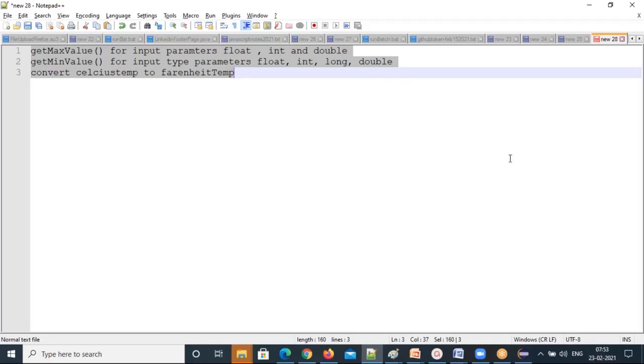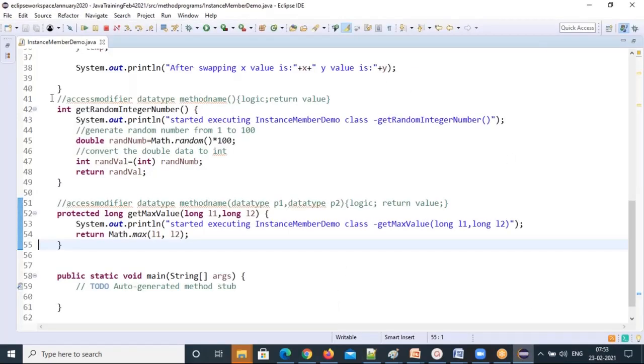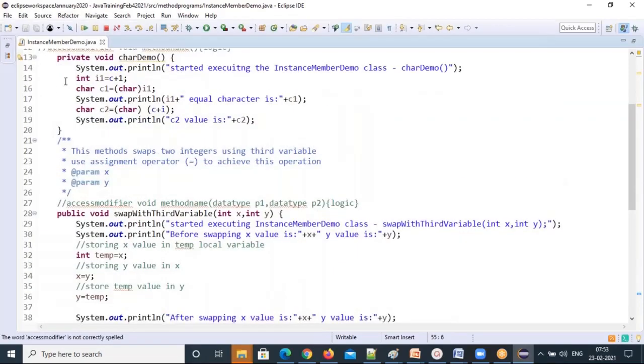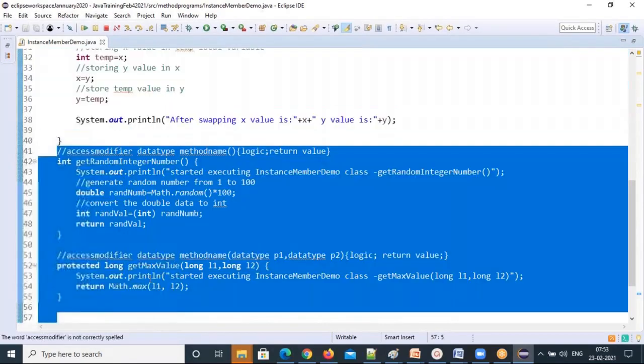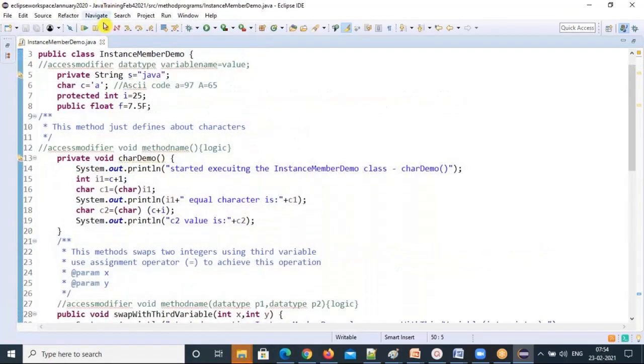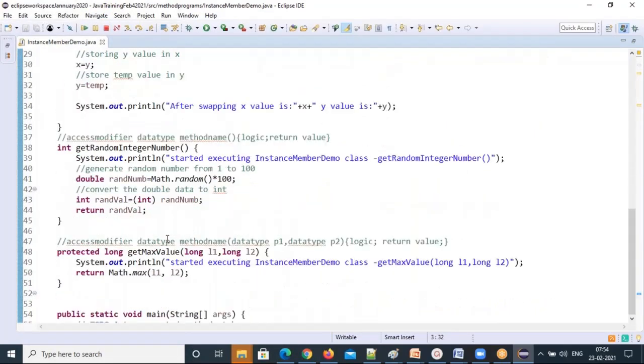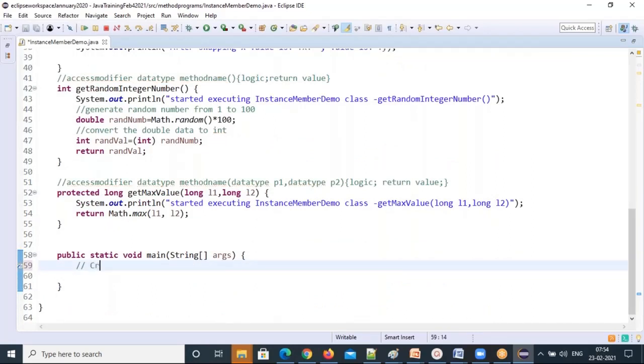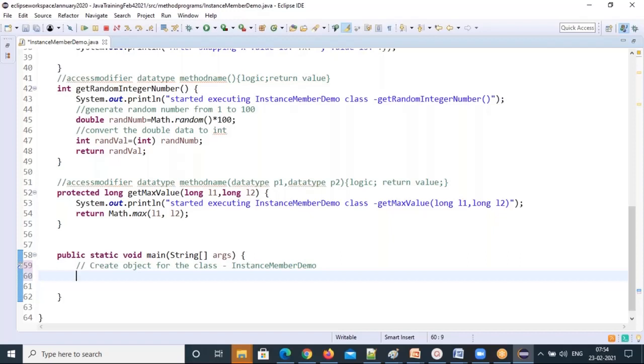Okay. So all 4 types of methods I have created here now: 2 void methods, 2 return type methods. These are the void methods and these are the return type methods. Now, how to call this non-static data in any class? Any class, it doesn't matter. Only one concept I told you. What is that? Only a single concept: creating an object for the class. Create an object for the class to call the non-static stuff. And where can you create the object? This is the place. Why do you need to create an object? To call non-static members. So what are the non-static members? Non-static variables, non-static methods.